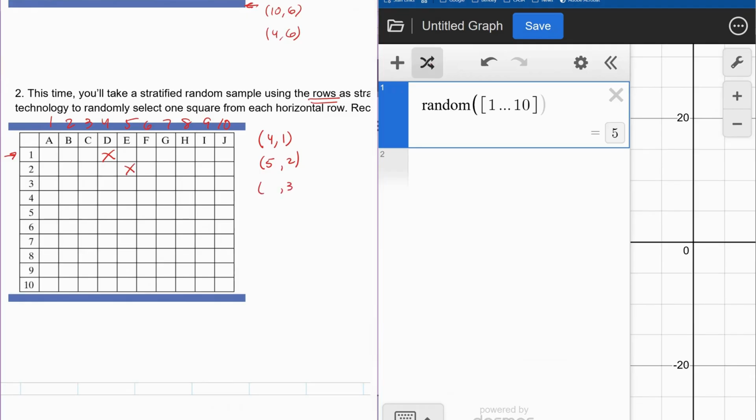Next one's going to be something comma 3, and it's 6, comma 3. The next one after that is going to be something comma 4, and it's 4, comma 4, right there. And then 10, comma 5, and then 3, comma 6, and 1, comma 7, and 8, comma 8,